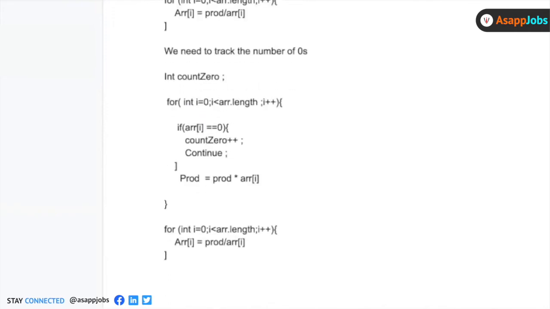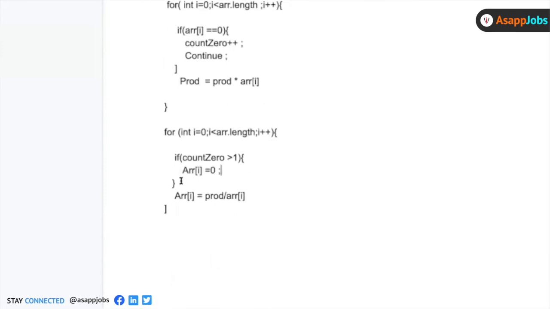So only if it is non-zero, then you find the product. And inside this, again, we'll have to make a condition: if count 0 is greater than or equal to 1, then what we do is we put the value of this in the answer.